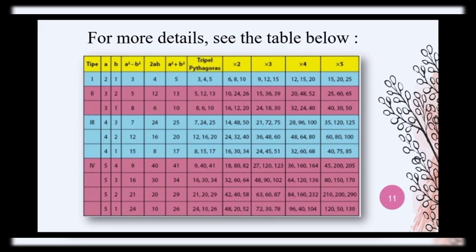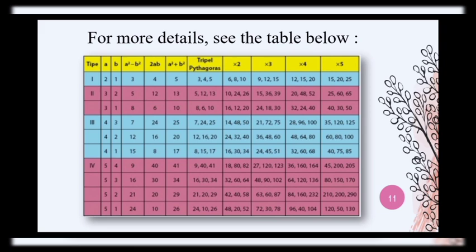And we substitute into the second formula, that is 2 times a times b, and the answer is 4. And the last, we substitute into the third formula, that is a squared plus b squared, so the answer is 5. So the Pythagorean triple is 3, 4, 5,